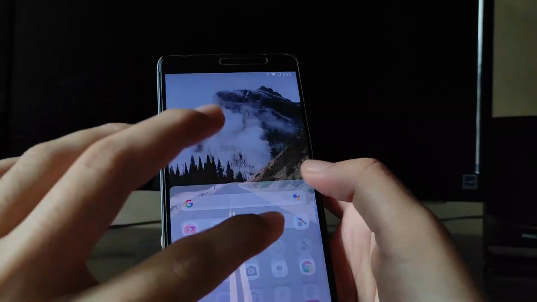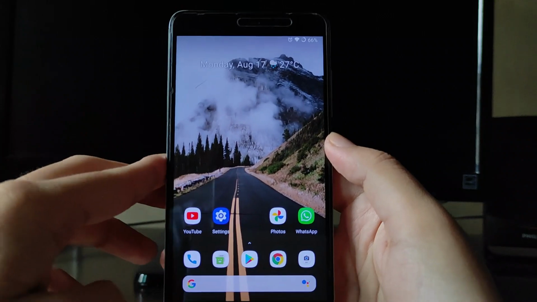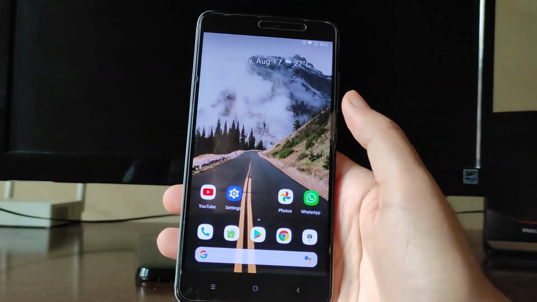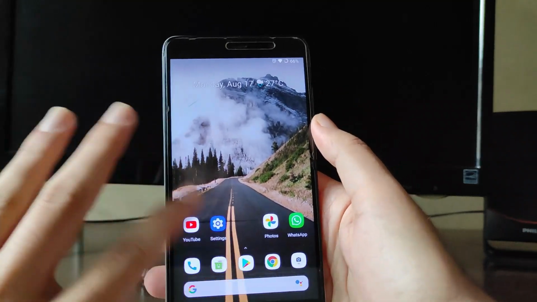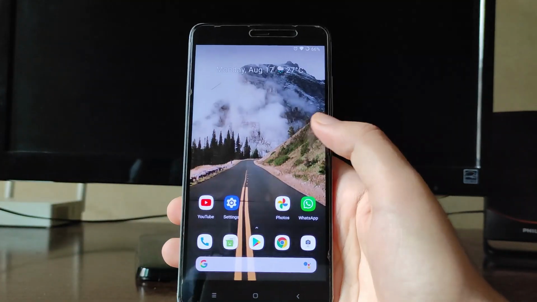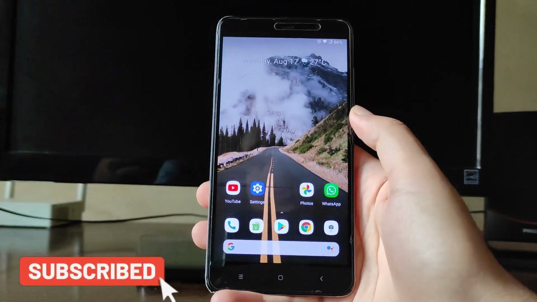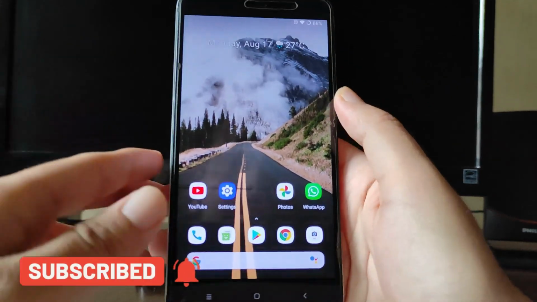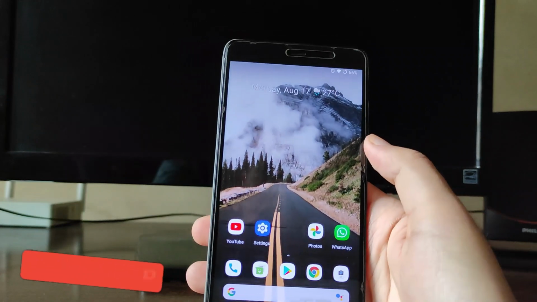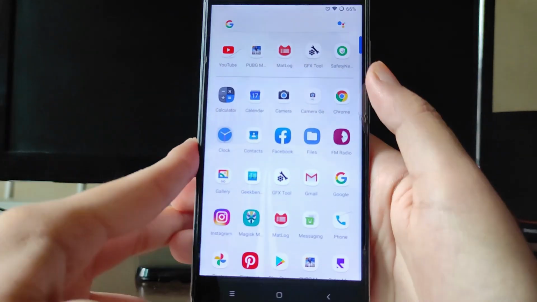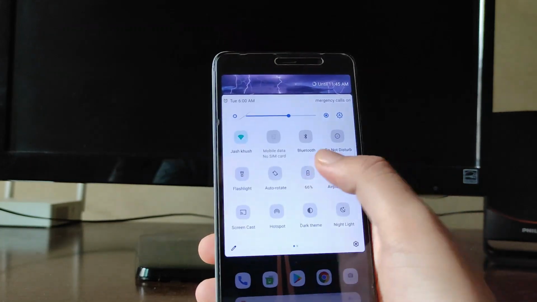So guys, that is it for the features. Now let's talk about the bugs here. So guys, so far I haven't faced many bugs, very minimum bugs. I have faced a reboot bug, the random reboot bug, as usual. Every ROM has it. The lock screen bug is present here. Then the stuck at boot animation bug is also present here, and you don't get a fingerprint scanner option available here. So that is it for the bugs.